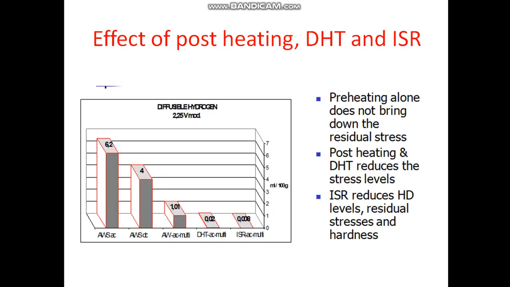Now the effect of post heating and DHT dehydrogenation treatment in